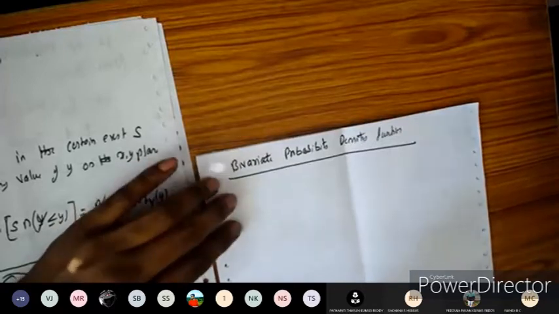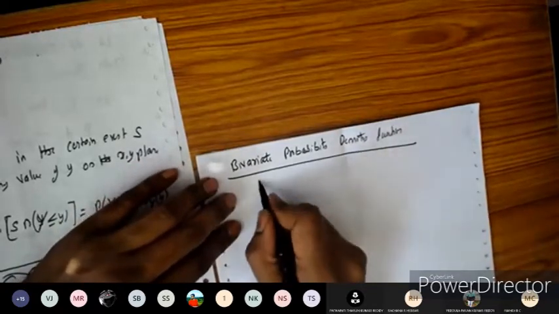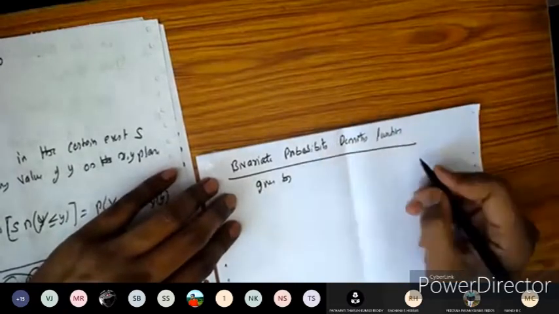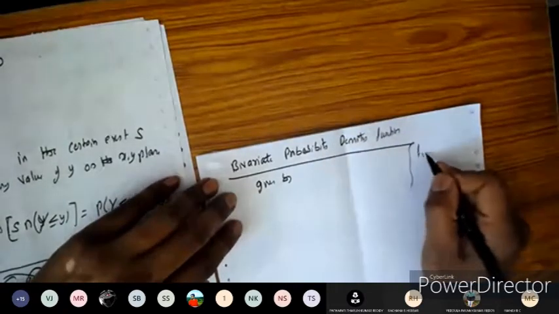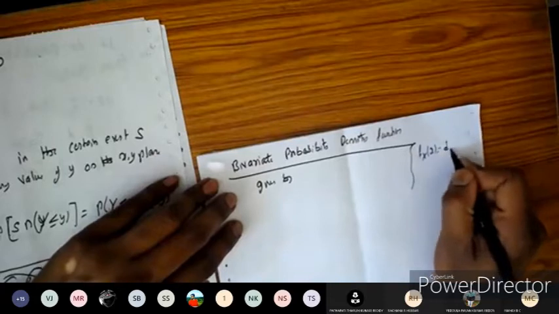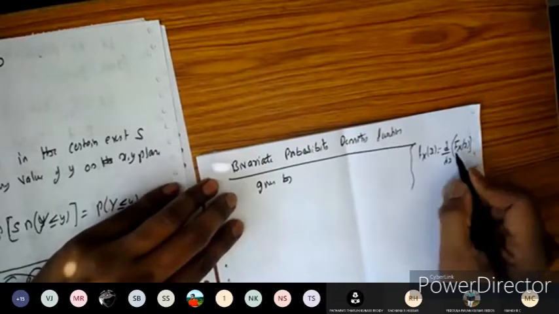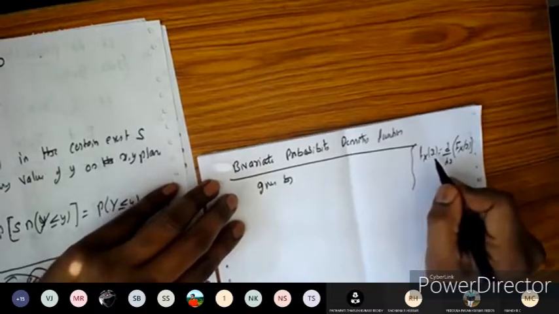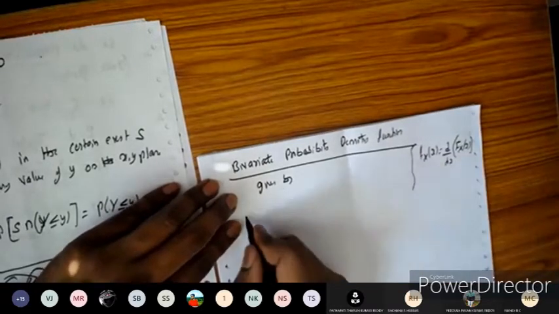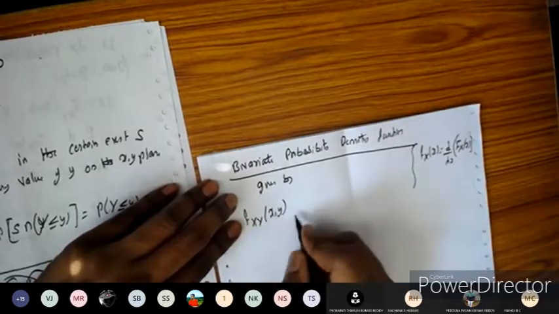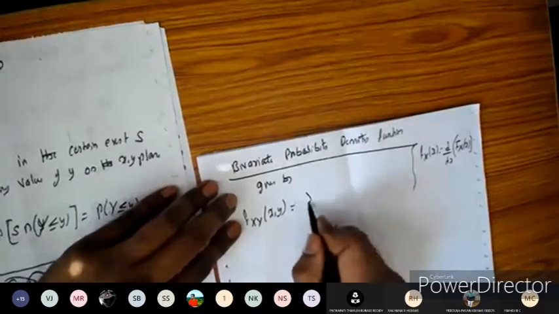Done. So this bivariate PDF is given by, as we know, fx of x can be obtained by differentiating the Fx of x. By differentiating the CDF, you're going to get the PDF. Similarly here also it is obtained by Fxy, because it's two random variables x comma y. So I'm going to differentiate 2 times here.